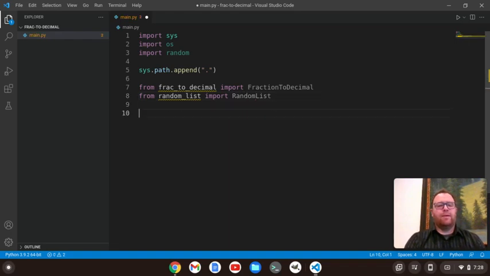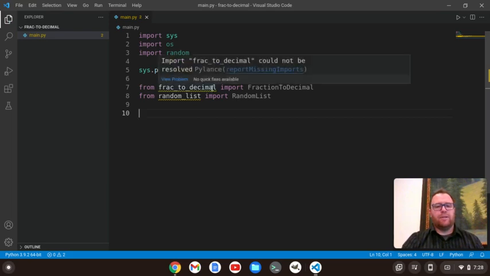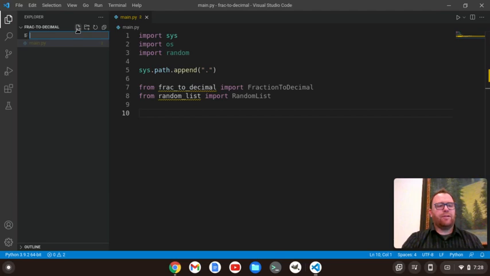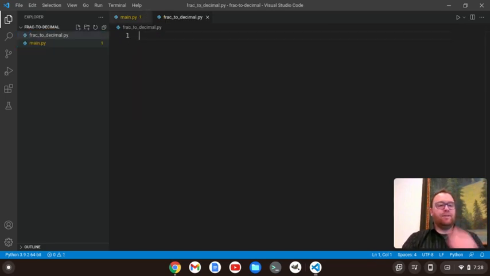list. Okay, so it's giving us a little warning. Let's hover over it. It says could not be resolved. So we probably have to create that file. So let's create it. Let's do frac to decimal.py, and then within this we're going to create a class called fraction to decimal, and we're going to instantiate the class